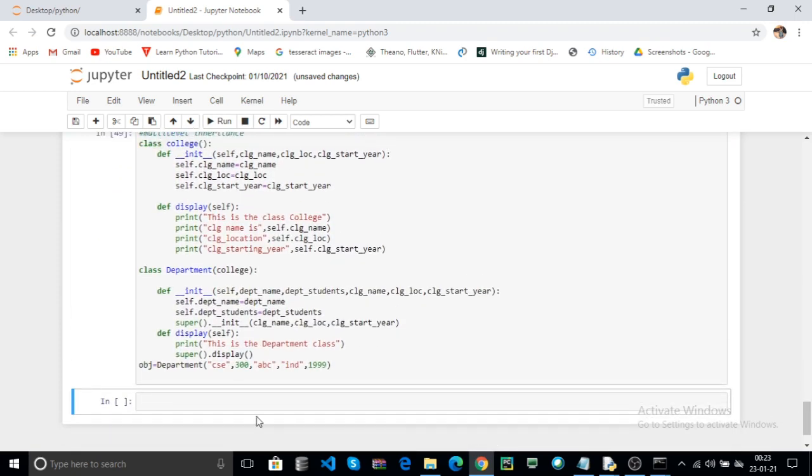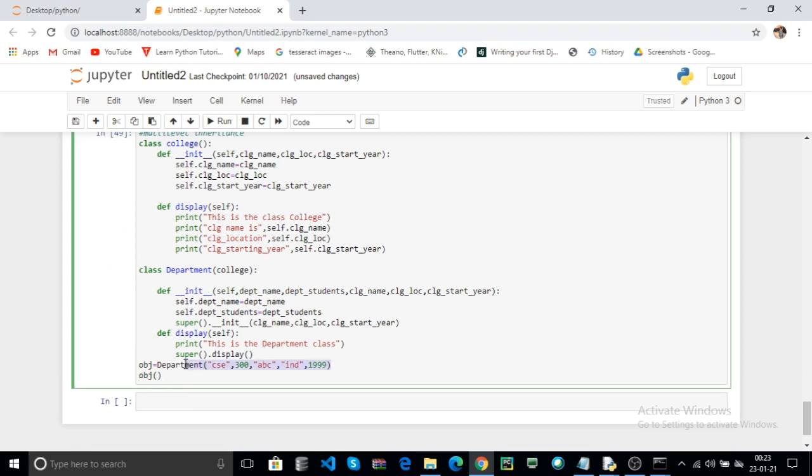Now how to call your constructor? This is the constructor passing data. That means you can pass all the data through the child constructor, because your child constructor overrides your parent constructor. Here you can pass all the parameters in the child constructor.